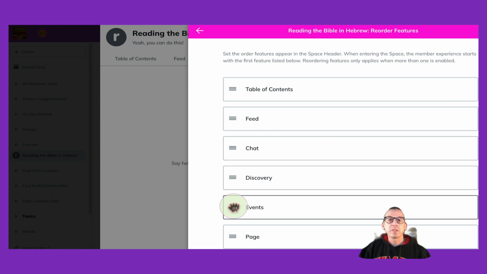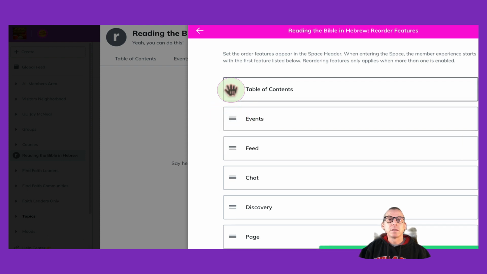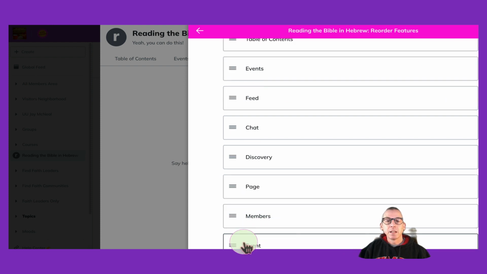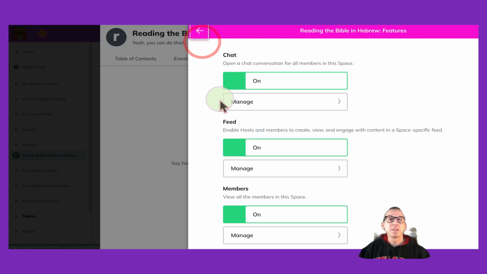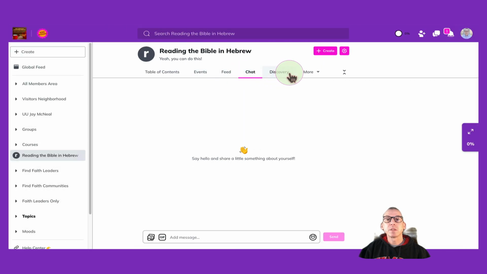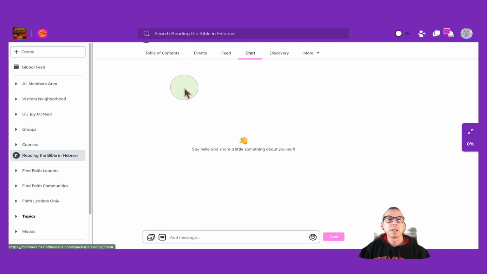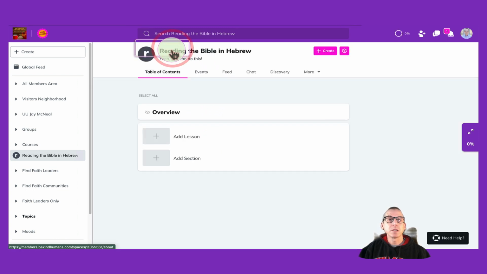All right, and I'm going to move events up as well. This is the single event. I'm going to turn some of these off because we don't really need all of them on. But as we changed all of that content, these tabs appeared. And then when we reordered them, the order changed. Okay, so if I click on